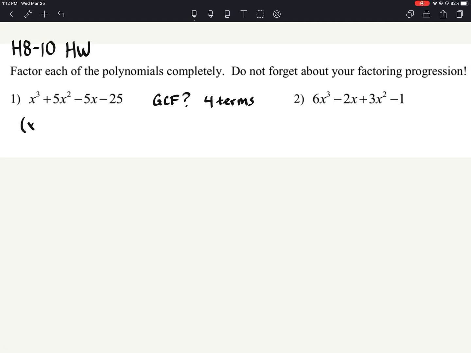So I'm going to take my first 2 terms, x to the third plus 5x squared, and group those, plus my second pair, negative 5x minus 25. And we're going to look at it and say, hey, is there a common factor between x to the third and 5x squared? And of course there is. We've got x squared there, which is going to leave us with an x plus 5 left over. I still have plus here, and then when I look at my second group here, because they're both negative,